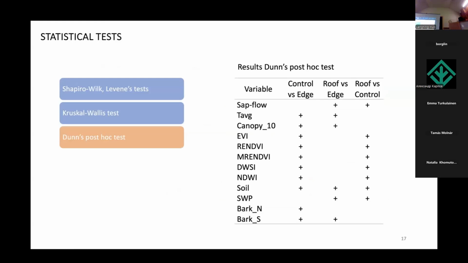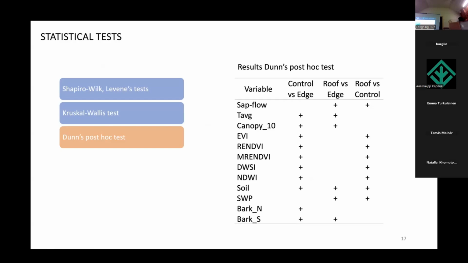Next, I tried analysis of the data set and every variable using statistical tests. First I took the Shapiro-Wilk test and Levene's test. I checked normal distribution of the data set and every variable, and not every variable has normal distribution. Based on this, I chose the Kruskal-Wallis test, which can work with non-normally distributed data, to analyze significant difference for every variable between